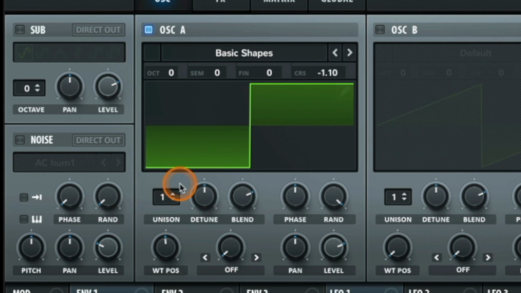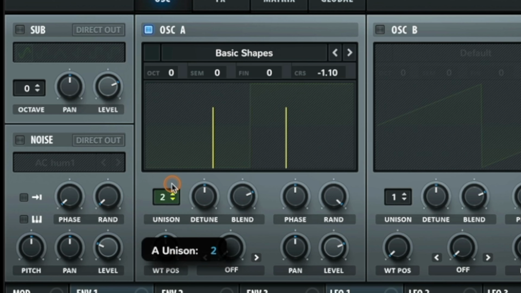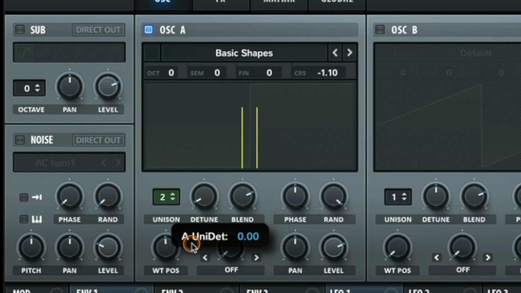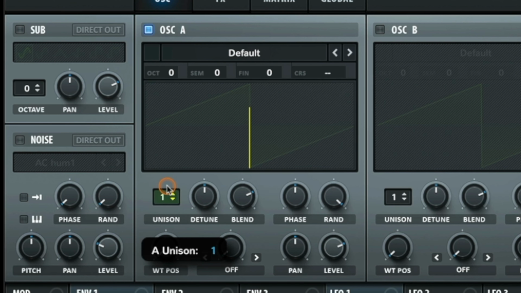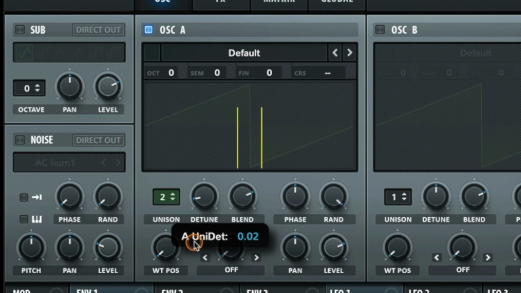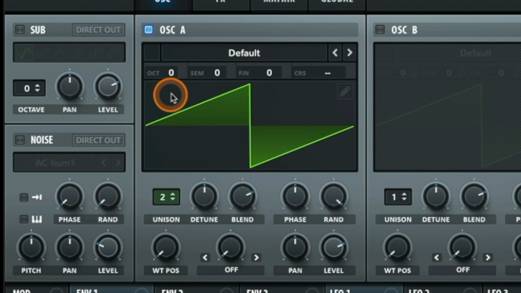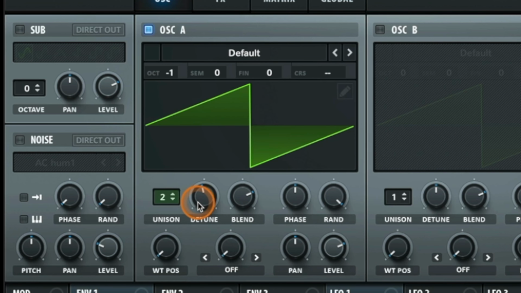Then unison is going to be our voices. So this is going to be how many different voices we have. So if we move this up to 2, now you'll notice we have 2 of these different wavetables playing spread out from each other. Which brings me to our reese, which is literally just 2 detuned saw waves. So if we just grab 2 saw waves, detune them, our reese, which is funny because this is one of the most used sounds in electronic music, and it's very,